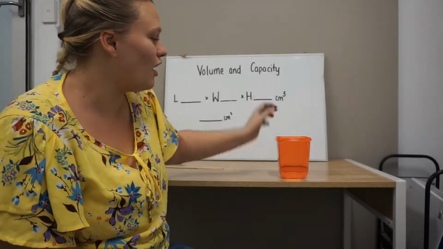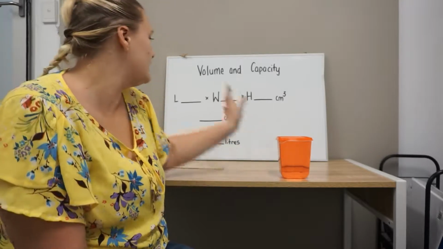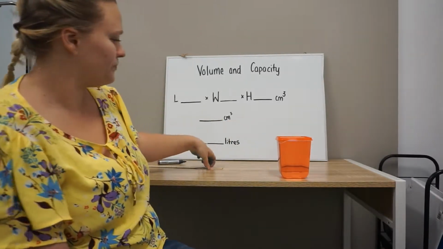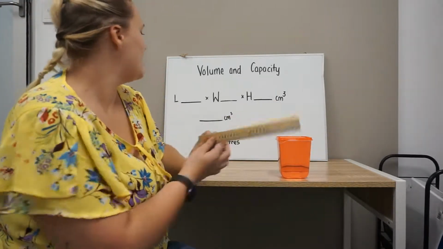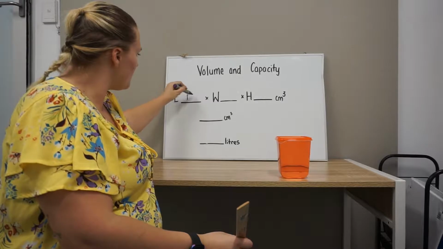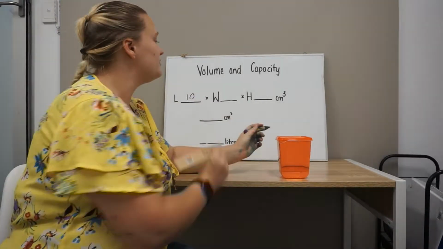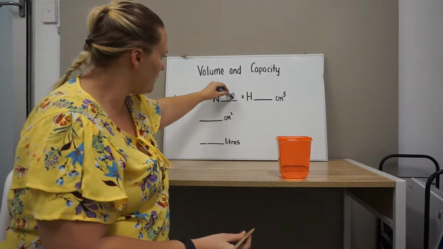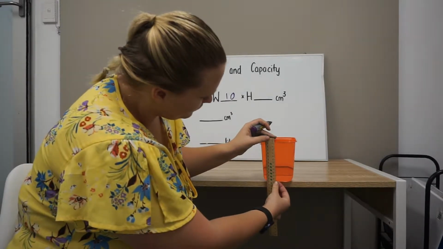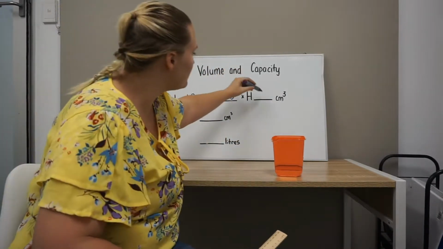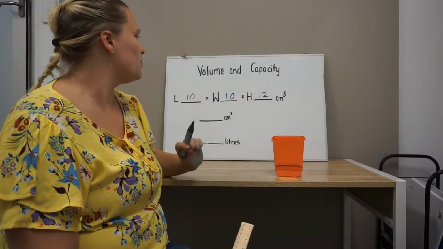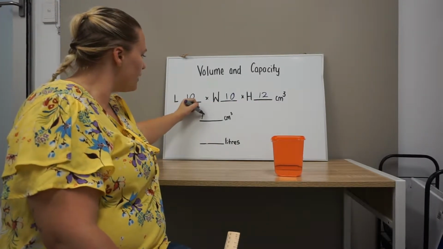To measure the capacity of a regular shaped container, we use the formula length times width times height equals cubed centimetres. This container has a length of 10 centimetres, a width of 10 centimetres, and a height of 12 centimetres. 10 times 10 times 12 equals 1200